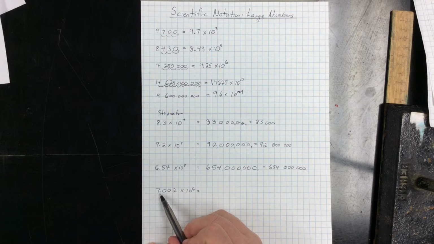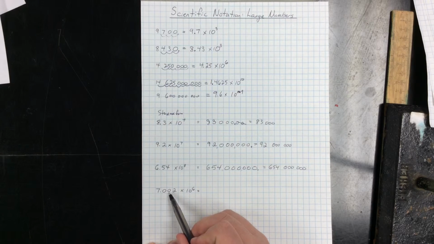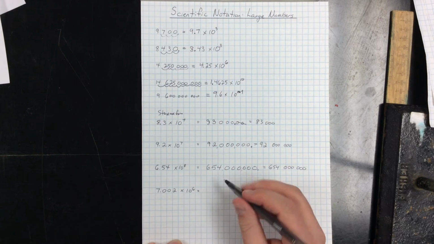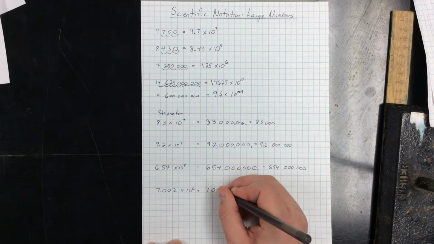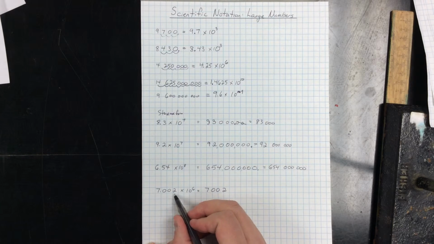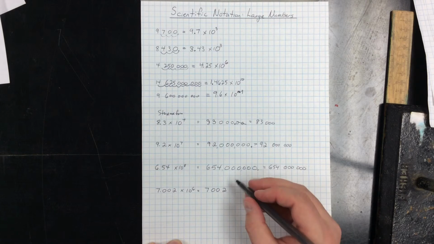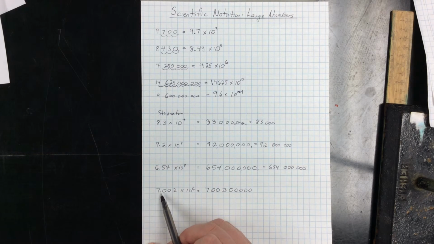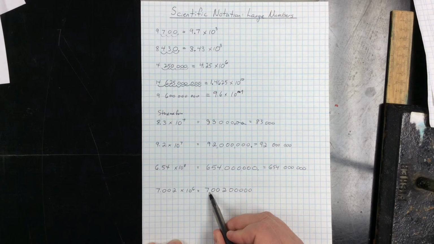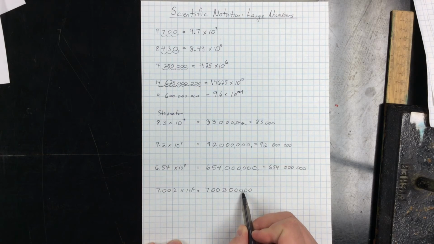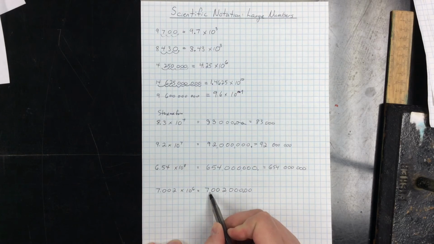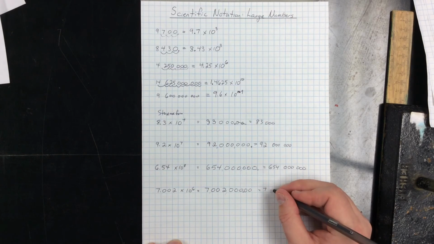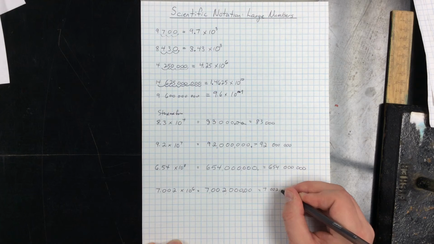In this case, it's 7.2 10/100,000ths times 10 to the power of 6. So I have to write these zeros because there's a significant digit on the end, the 2. And then I'm going to have the zeros that I'm not sure how many I'm going to need. So I'm going to start my decimal place here and move it 6 to the right. So starting here and going 6, 1, 2, 3, 4, 5, 6. I end up with 7 million